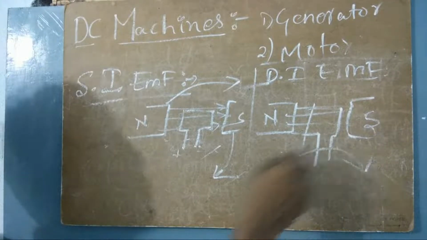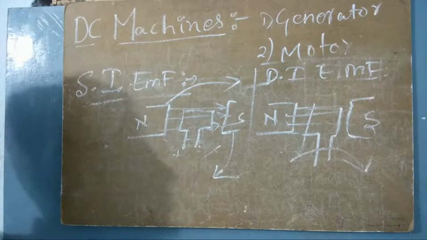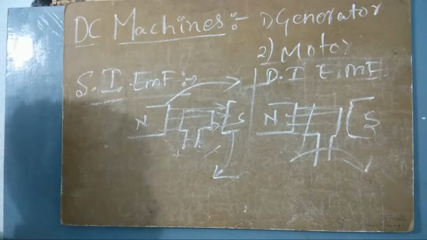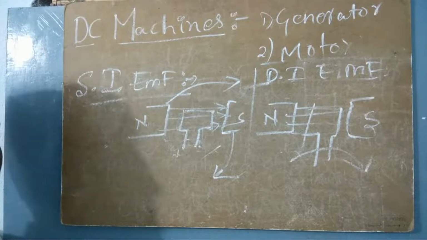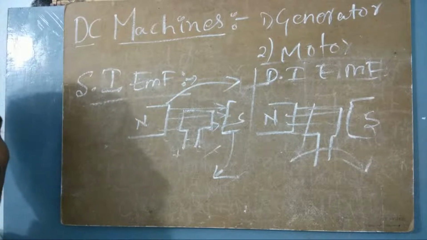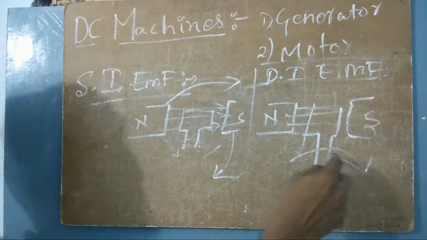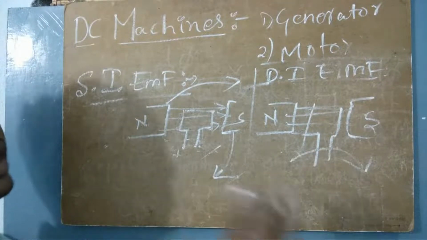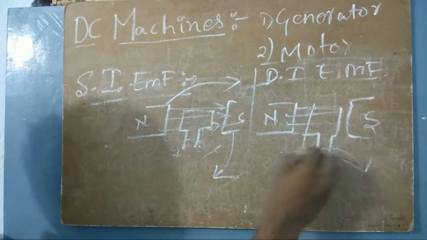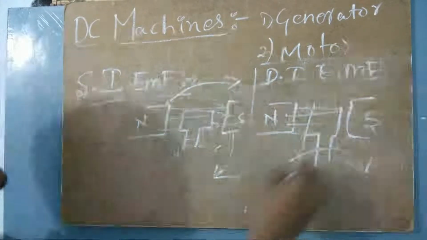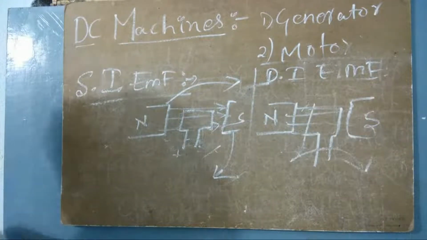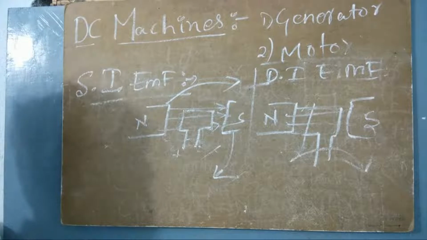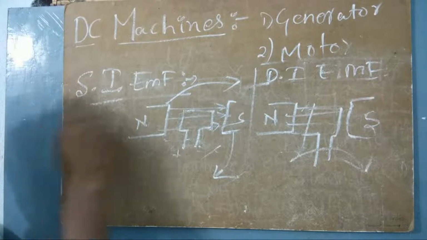Because dynamism means when something is moving, we say that this has the dynamic property. When something is moving vigorously, without any restrictions, then we call it dynamic. This is the mechanism by which the body attains its dynamism. So this body now has the dynamism, and the kind of EMF that is induced in this rotor part, or the moving part, the conductor, is called the dynamically induced EMF. Dynamically induced EMF, and these are the most common EMFs that we get actually.